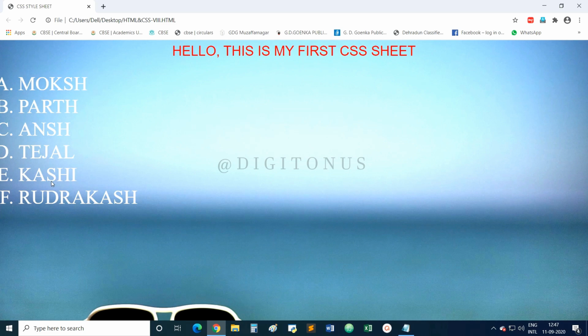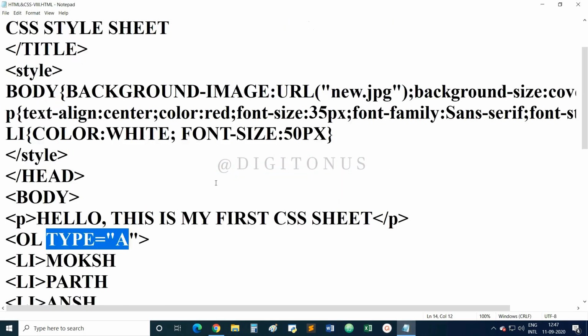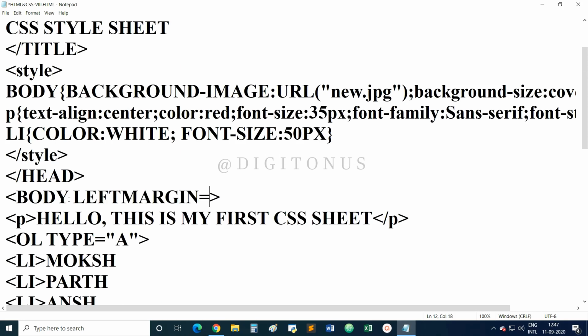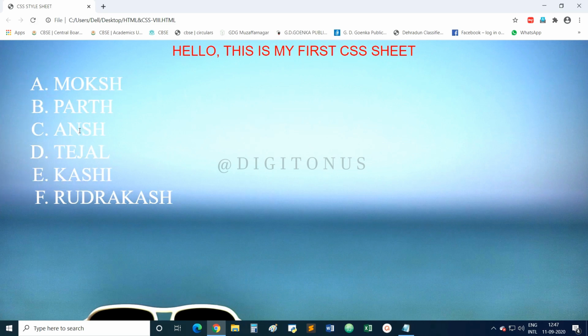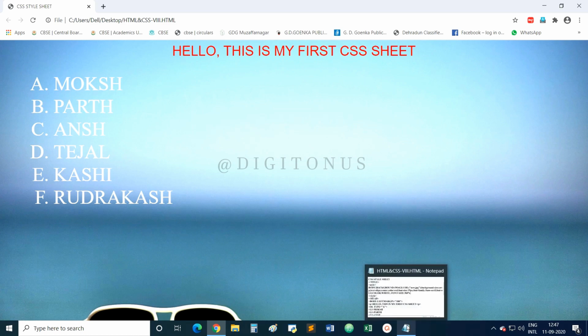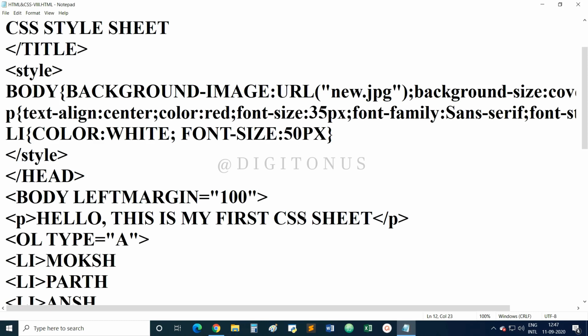I think I have to increase the left margin so that you can see. Okay, now it is clear that the list is displayed in alphabetic order A B C D E F. Now suppose we want to change it to small letters, small a, small b, small c.